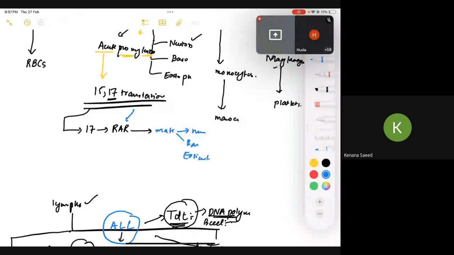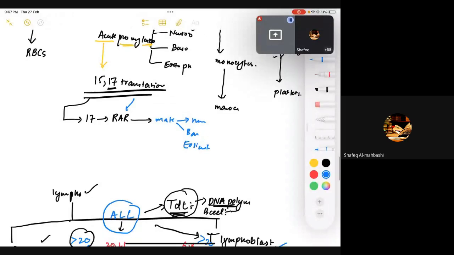Okay. But what's translocation? Whenever 15 comes here, for example, if this is your chromosome and you have certain genes for the retinoic acid receptor, which we already know is important for maturation,